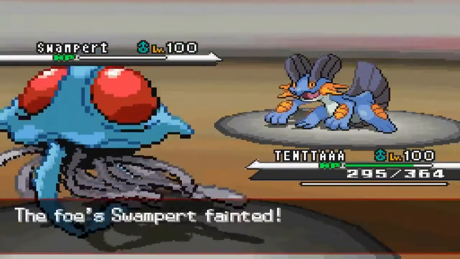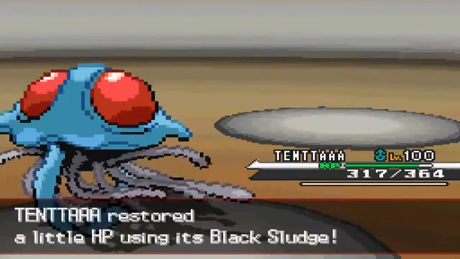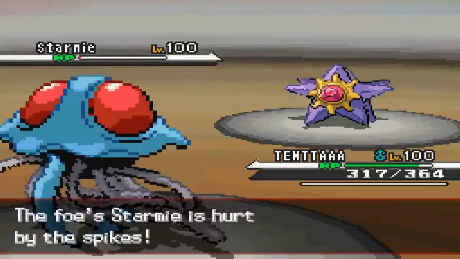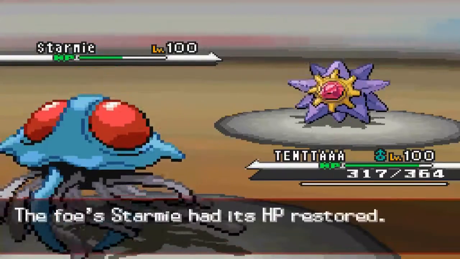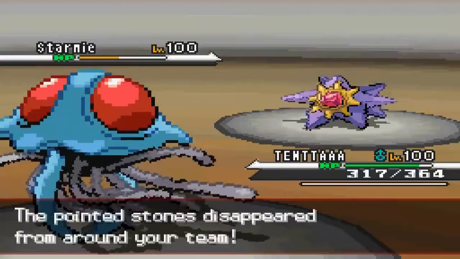I'm going to go for Skull just to finish it off because I know I'm faster, especially from the Black Sludge and Leftovers recovery. He brings in Starmie now, and what do I do? I can't remember. He recovers, and I just go for the Skull because I think I can live a Thunderbolt, so I could probably just KO him if he doesn't KO himself. Oh wait, I don't go for Skull, I just go for the Rapid Spin to get rid of the Stealth Rock